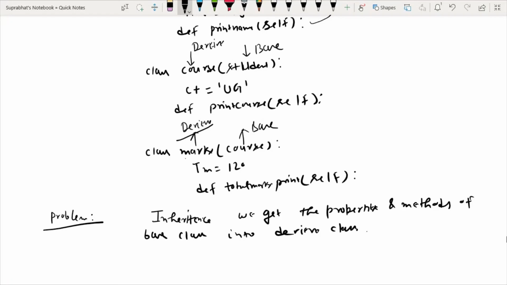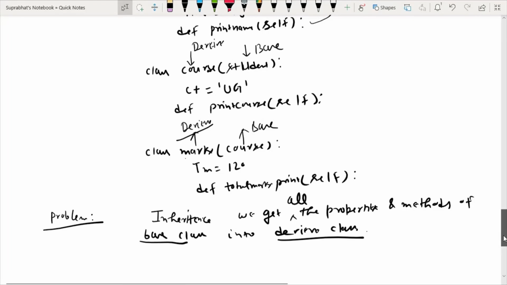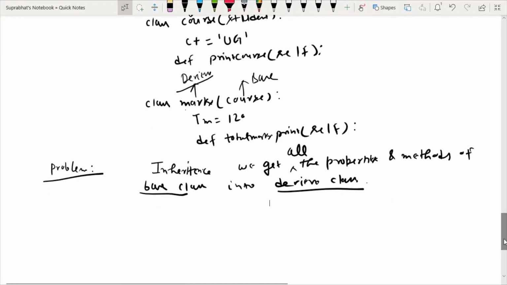All the properties and methods of base class come into derived class, but the problem comes that constructor is not inherited.